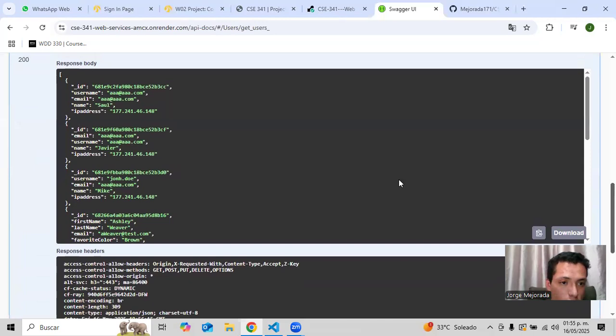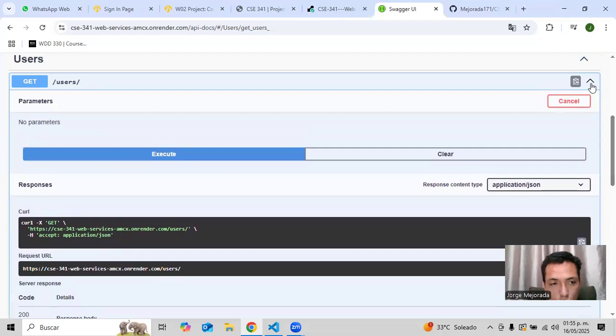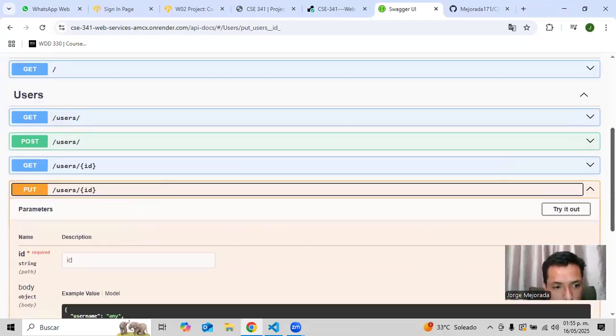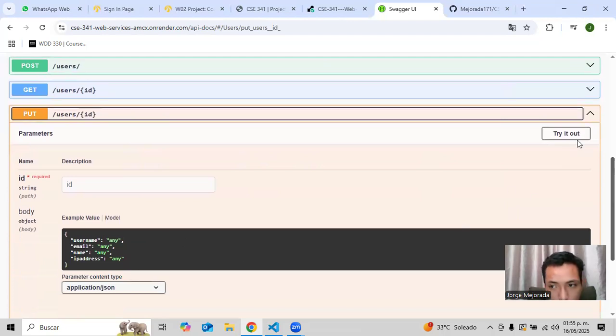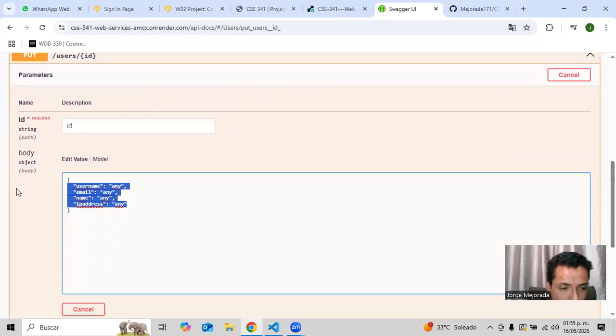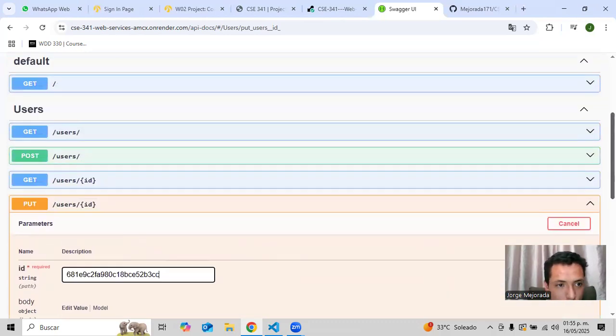Okay, let's say that we want to change the name of Saul to maybe Miguel. Okay, so we're going to go to this part of the put, and we're going to try out. We are going to paste the ID, and we're going to